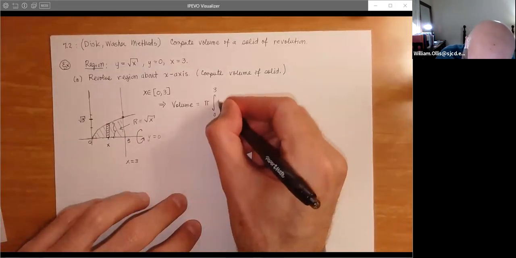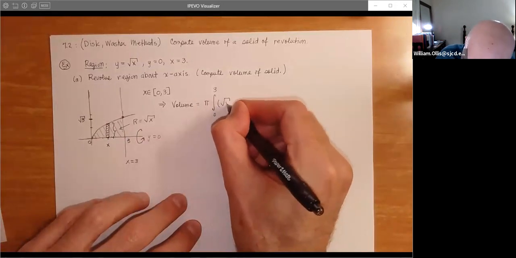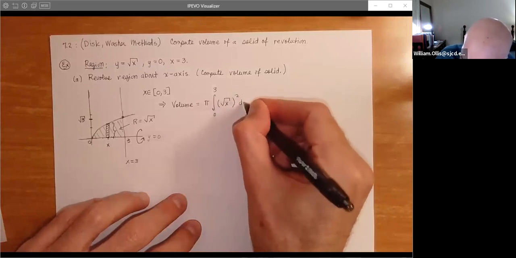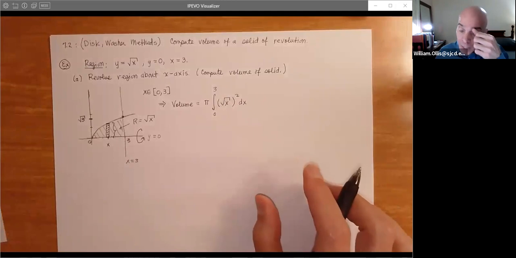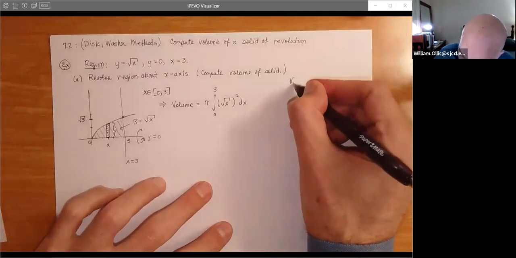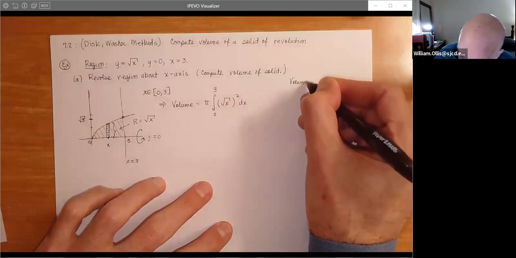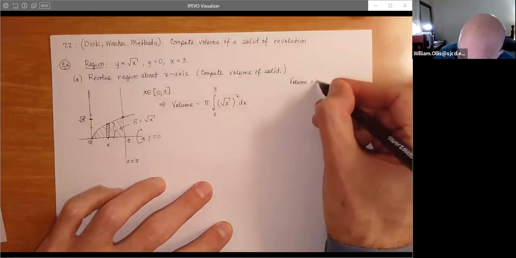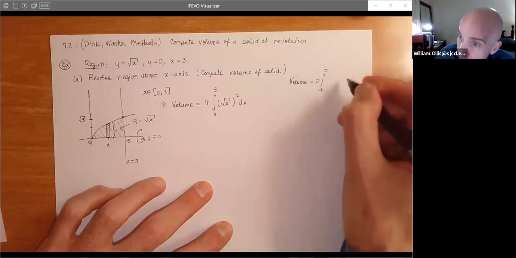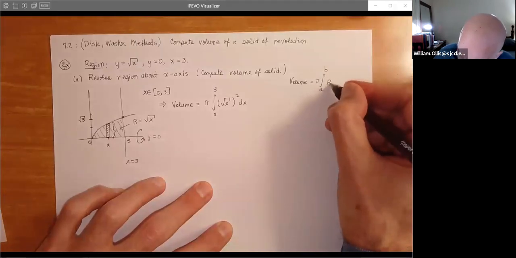So this will be the area element, which is pi r squared dx, giving us the volume. So now what we're thinking here in general, we'll think volume equals pi, for instance, if we were using x as the independent variable, r squared